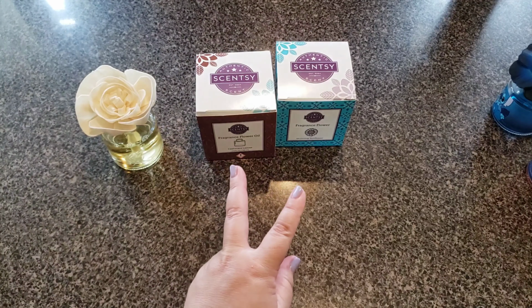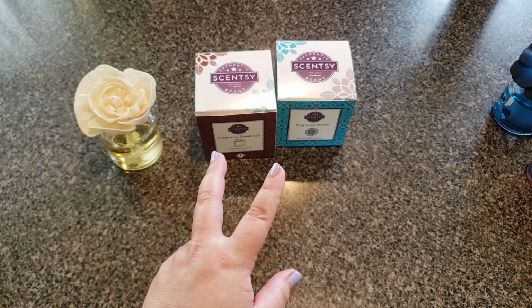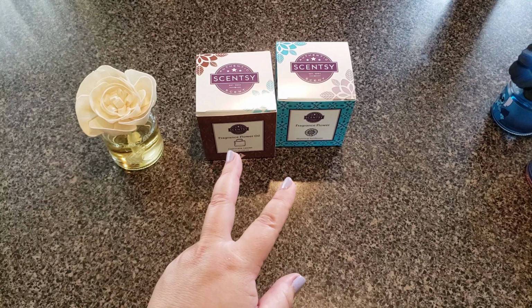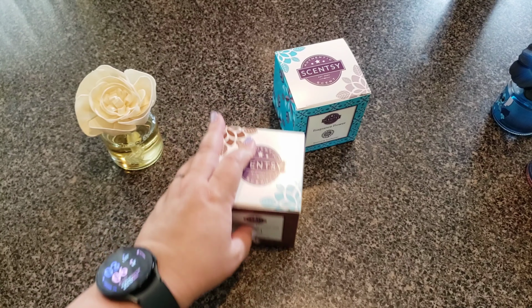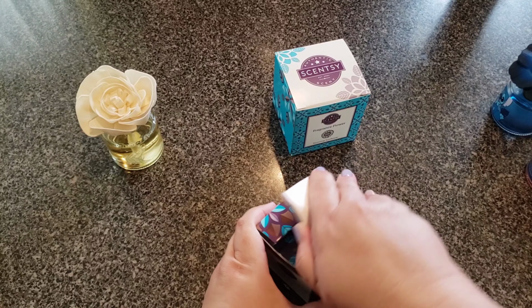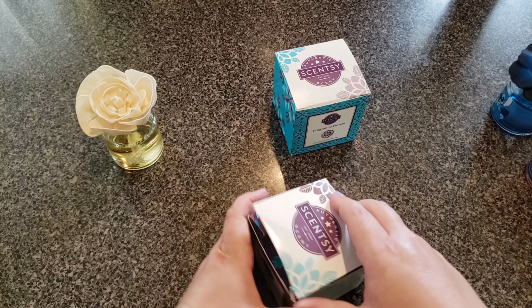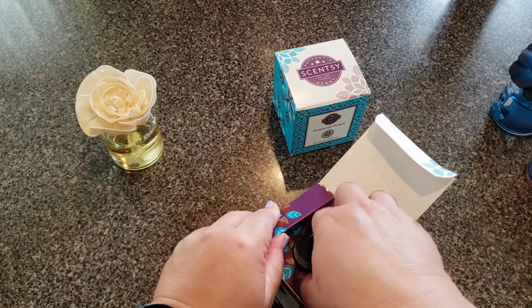But I also got one of these. Now this was $16. And this surprisingly was $16, I believe. If I'm wrong, I'll correct myself with graphics or something here. Like I said, for some reason, they now come in separate boxes. This is a stunning sunflower, and you'll see it looks quite different from this one, in